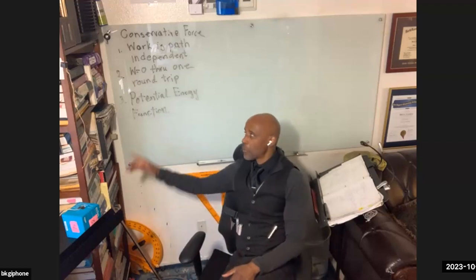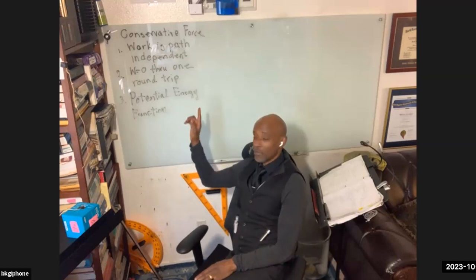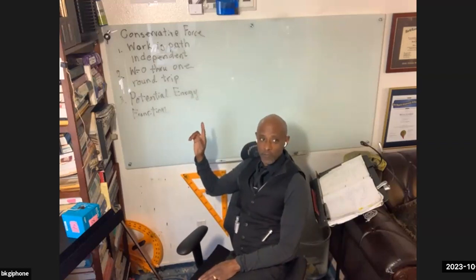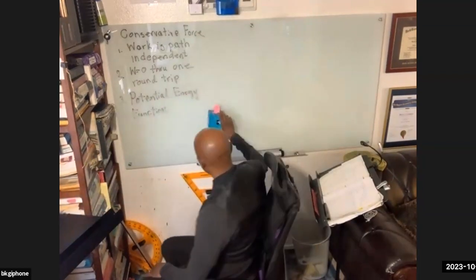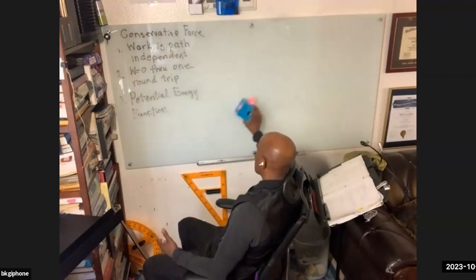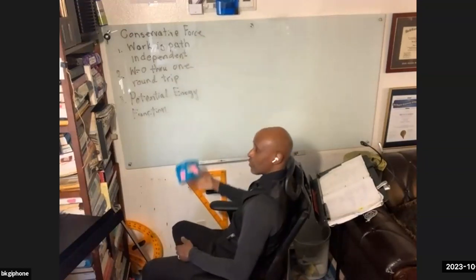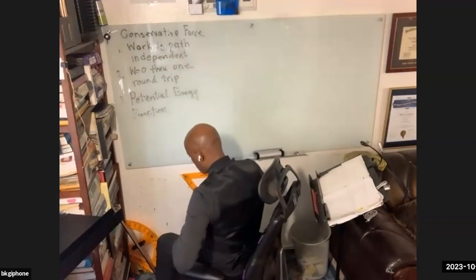And in fact, if you go through and look at each one of these points for a contact force like friction or drag, each one of them will be violated. Obviously, with friction, if I'm calculating the amount of work done by friction, the path matters, right? Because the longer the path, the more friction I apply. So if I go between 2 points, A and B,